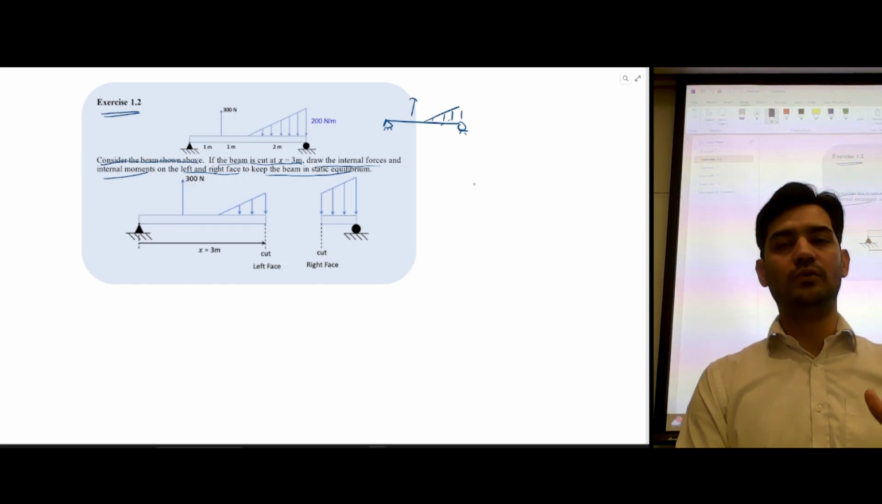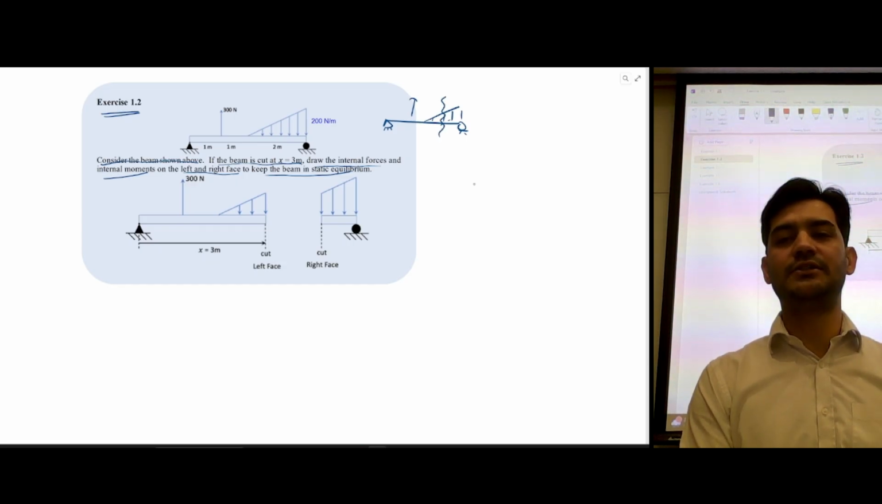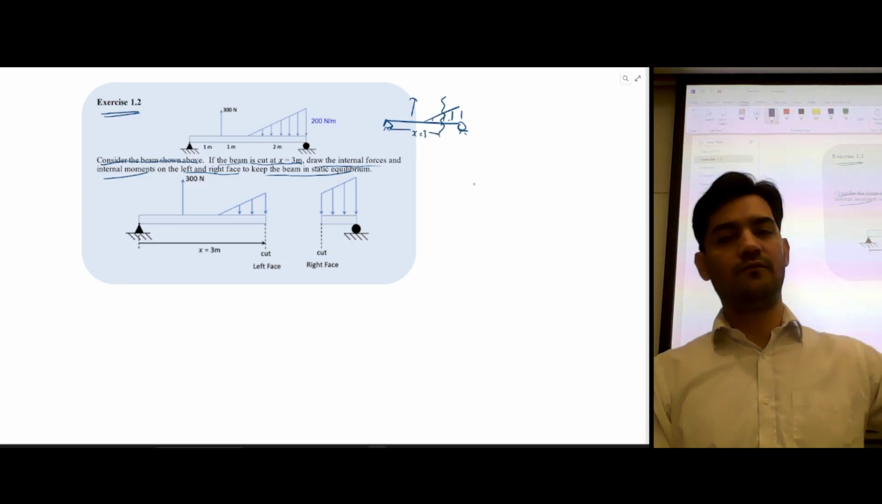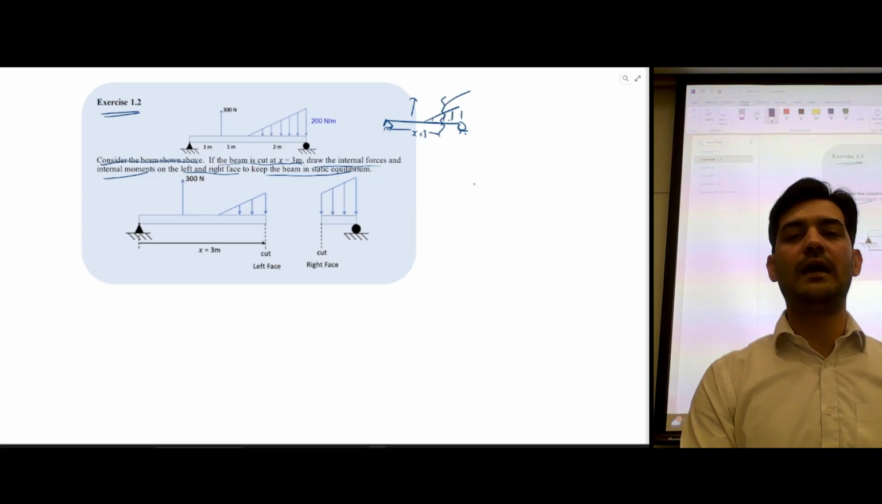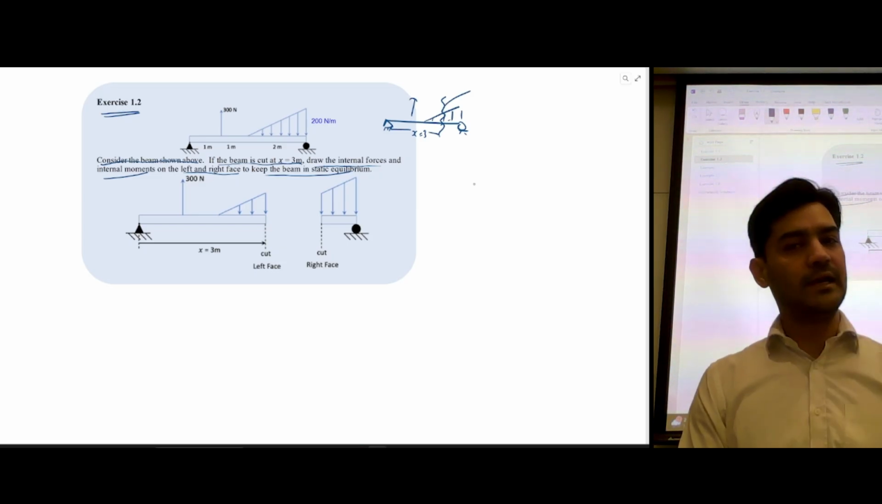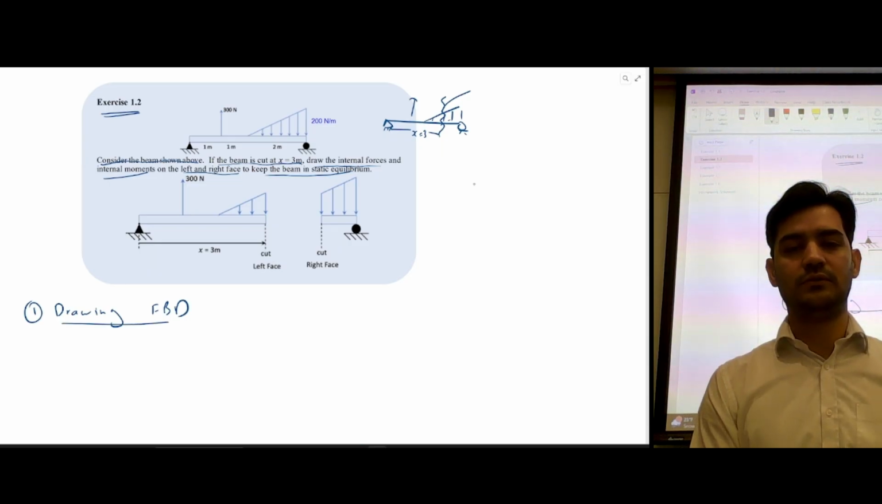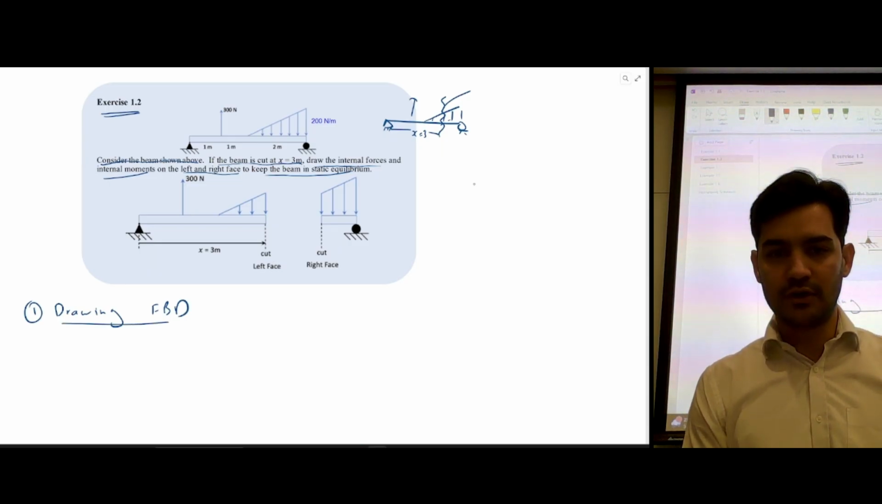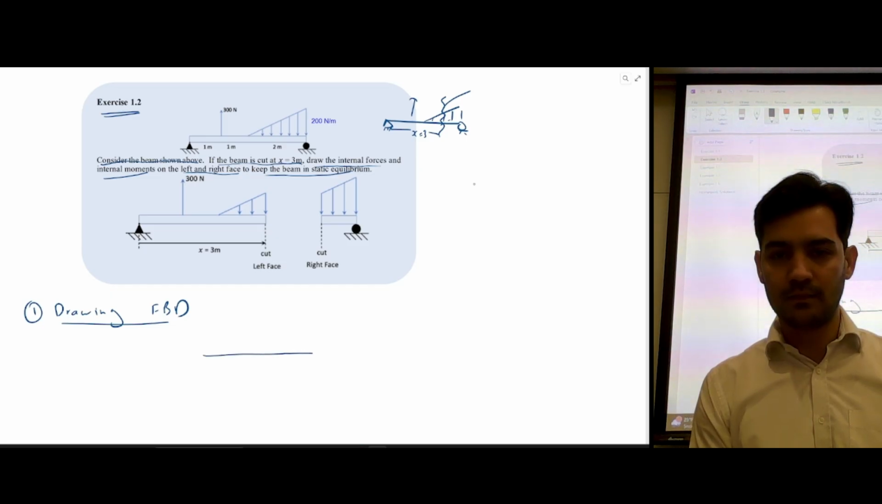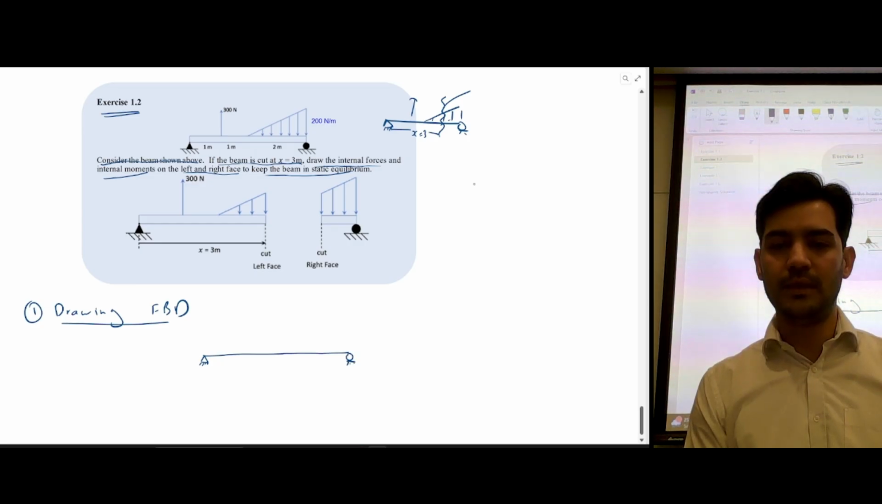So what we have to do is cut a section at 3 meters from the left side, and we have to calculate the internal forces in this case. So the first step is going to be drawing a free body diagram. So if we draw a free body diagram, which would be a simply supported beam,